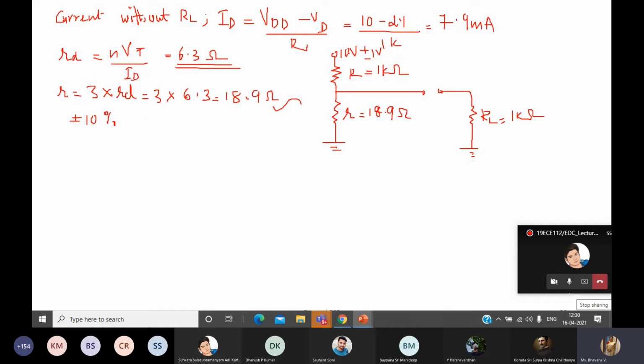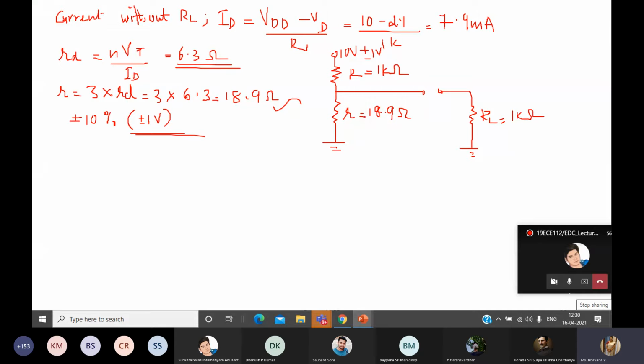So what is the supply voltage we are providing? 10 volt. So plus or minus 10% means how much? Plus or minus 1 volt. Supply voltage we are providing is 10 volt, 10%, so it will be plus or minus 1 volt. Whose ratio can be used to calculate the change in the output voltage due to a plus or minus 10%, in bracket plus or minus 1 volt, change in the supply voltage.